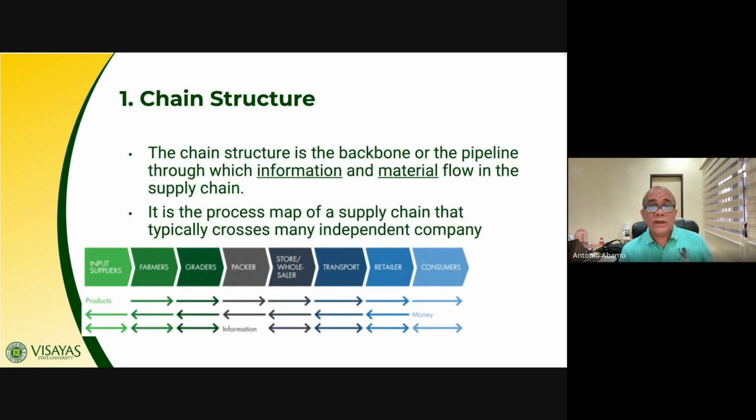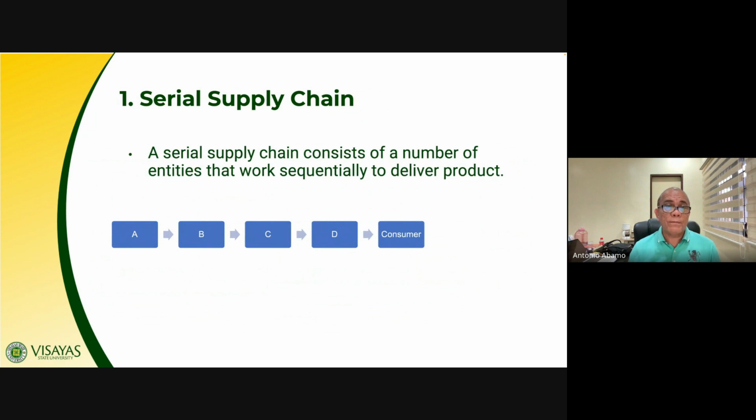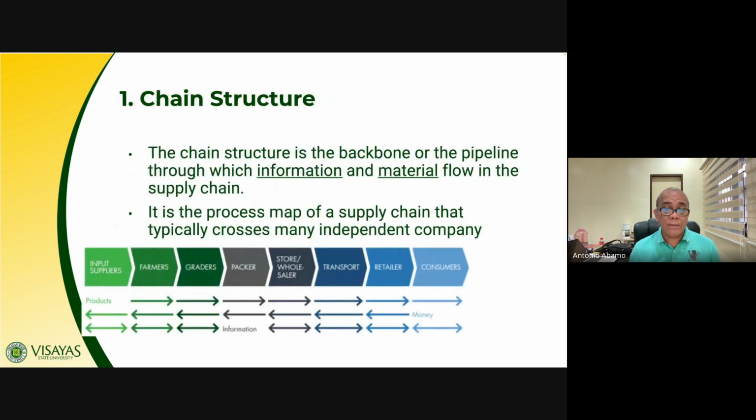Let's take a look at chain structure. Okay, the chain structure is the backbone of the pipeline through which information and material flow in the supply chain. So that means to say that the backbone runs from input suppliers down to the customers. Okay, so you have here a connection that is also defining the typical supply chain map,